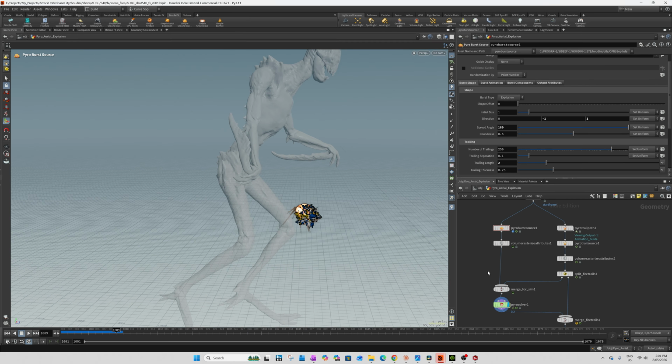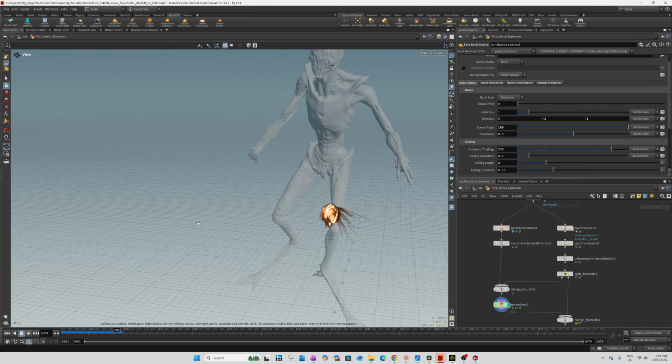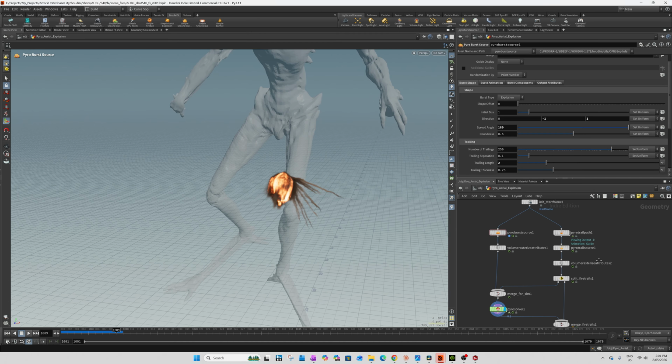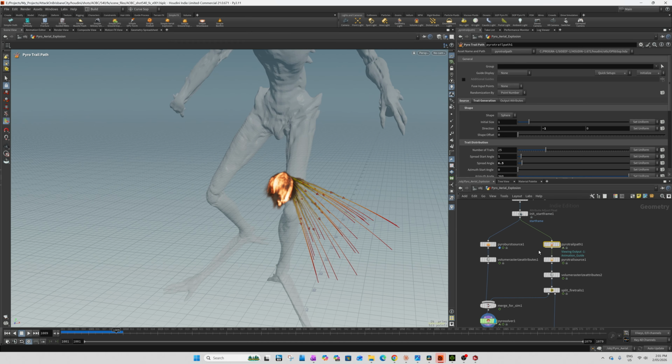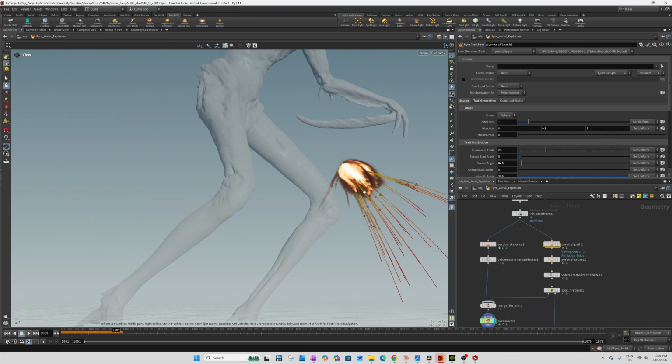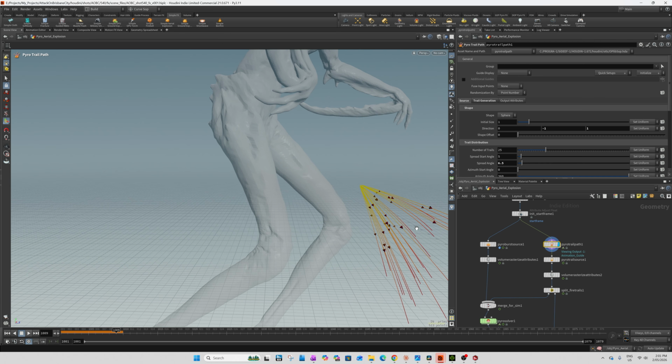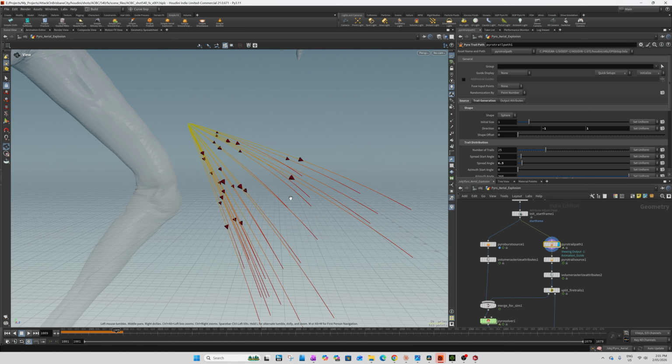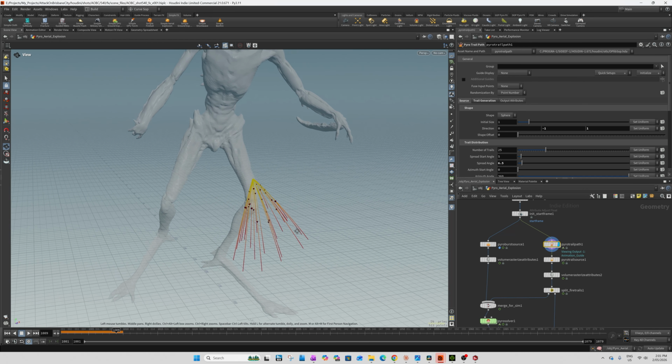Let's get rid of that. Yes. Except the tendrils, which they have a similar thing. I love the example, the visualization for the tendrils. It's really cool.